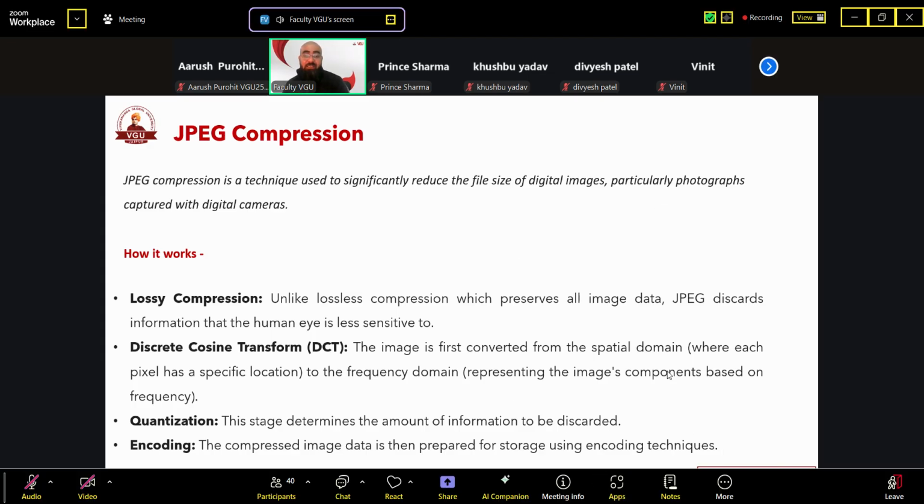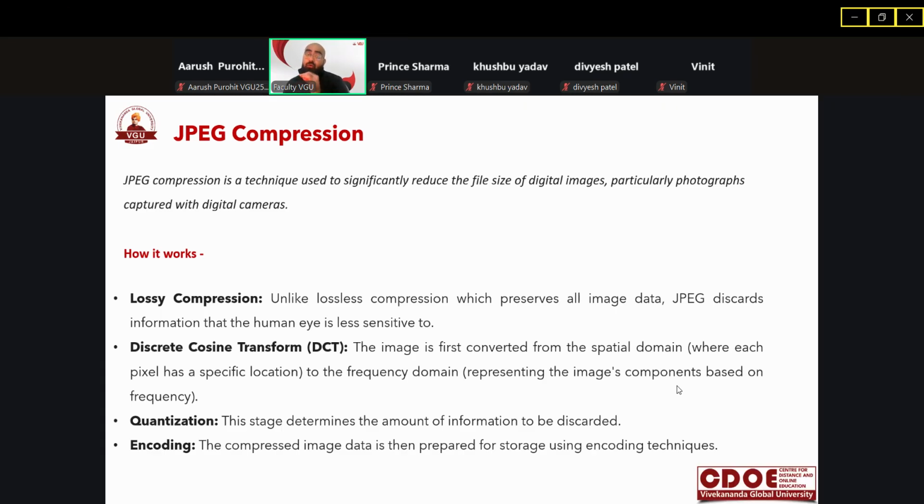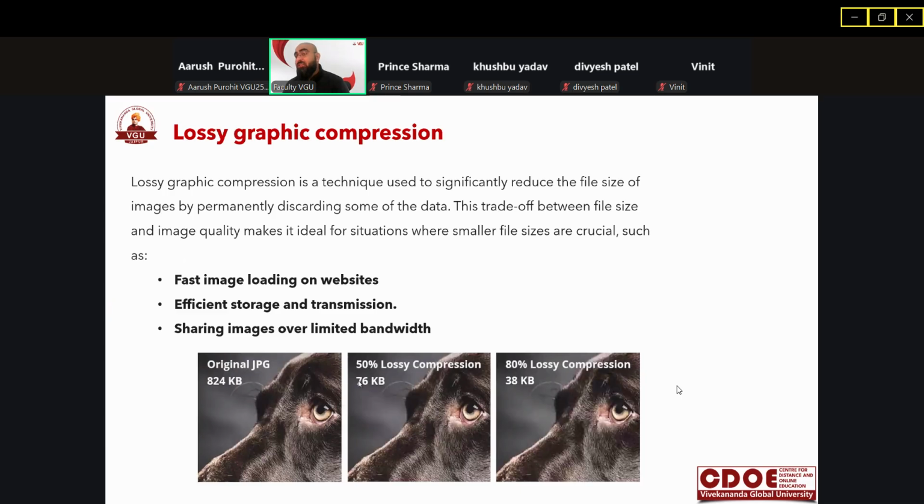Quantization is the stage that determines the amount of information to be discarded. Here we have a mathematical process that allows a certain quality level to different frequency components. Higher quality settings retain more information, resulting in a larger file size. So if we want to compress to only 50%, then